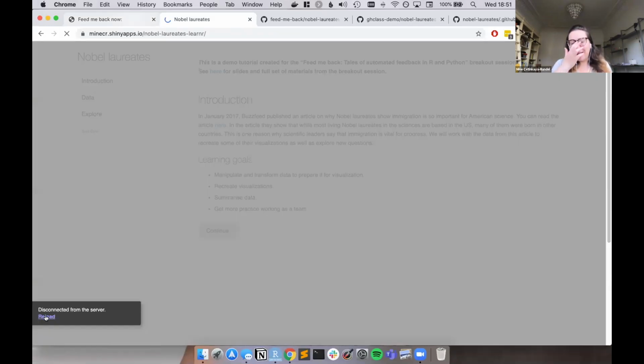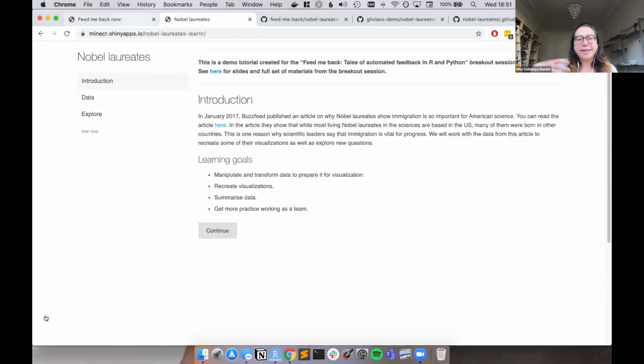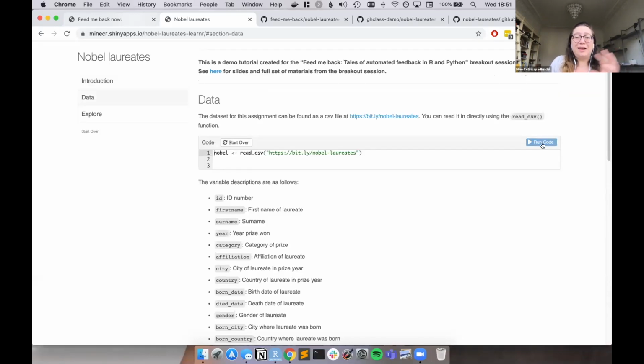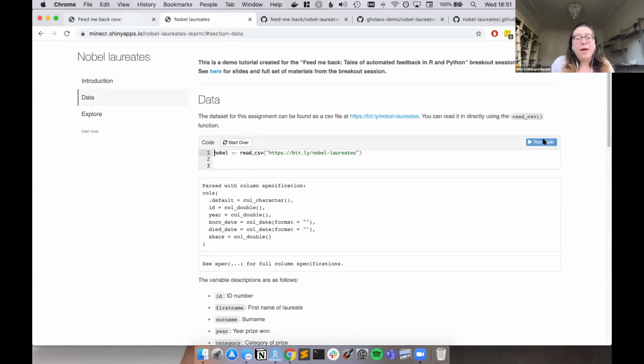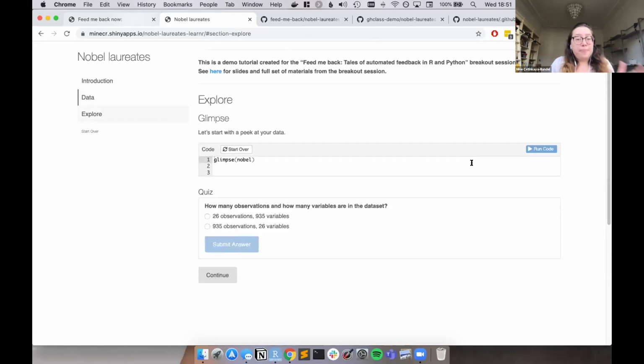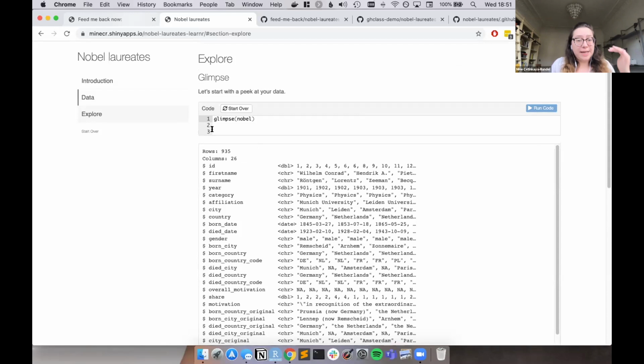So this is that LaurenR document. It's a data set about Nobel laureates. And let's say we start with some introduction for our students about their learning goals. They load a package. So here's an example where they don't actually have to do anything. They're kind of just running the code. They load the data set that you gave them. But then as we go forward, maybe they take a look at the output of a glimpse at their